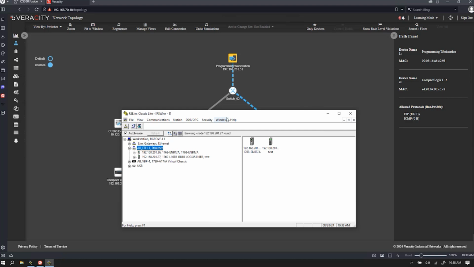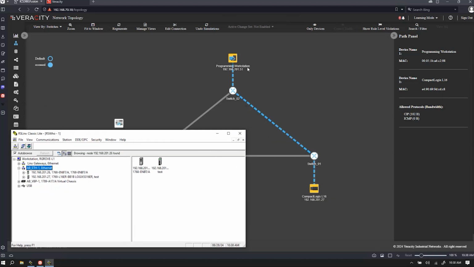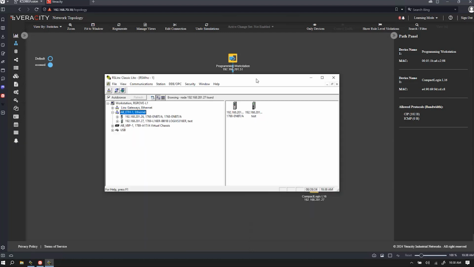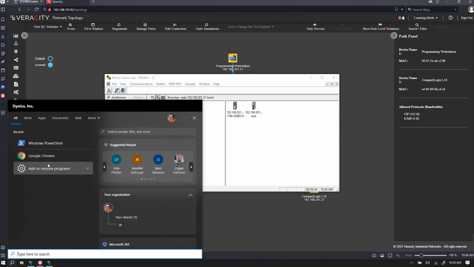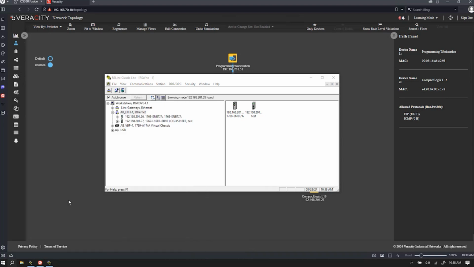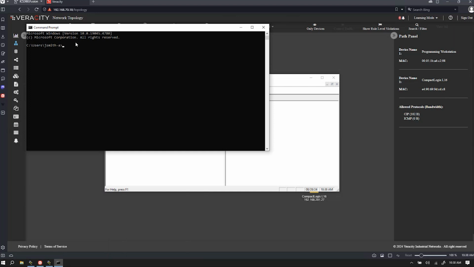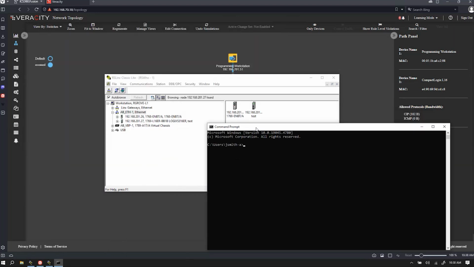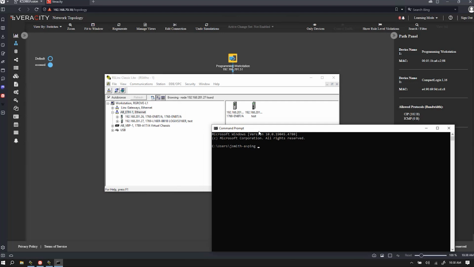And the reason I can see that is, for example, I have this selected and this selected on the topology view, is because CIP is an allowed protocol, and CIP is the same as EtherNet/IP. So I've allowed those. I've also allowed ping. So if I were to open up a command window, for example, and I were to ping one of those PLCs, and I have a policy that allows that, I should be able to say ping 192.168.201.26, and I'll just have it run the ping continuously.